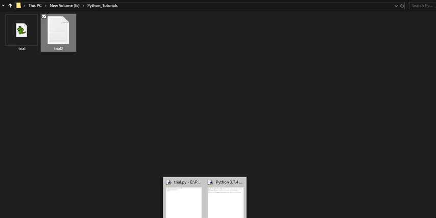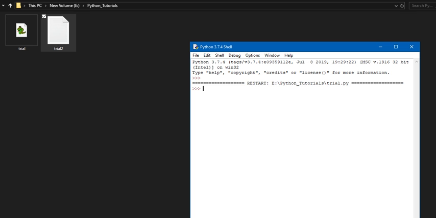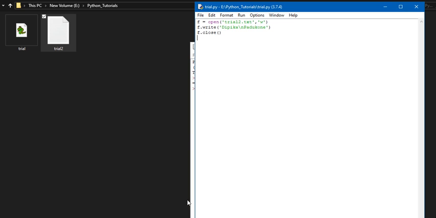So now we will try to read that data. To read the data, we will use the read function, and the mode here will be set as read.